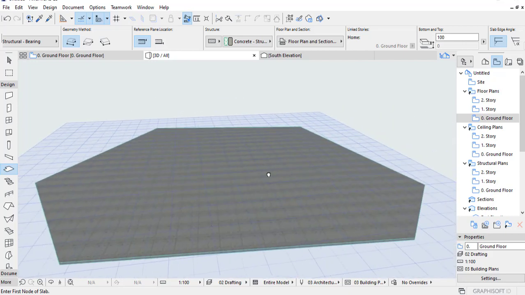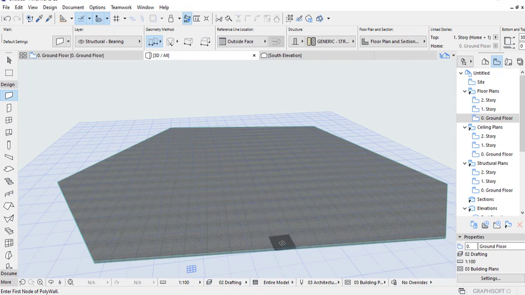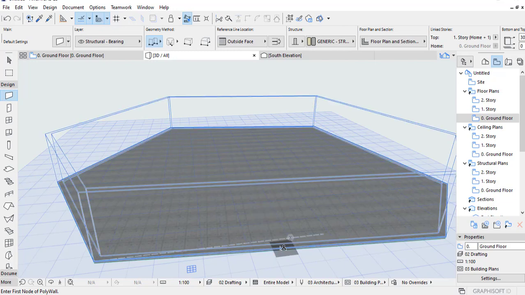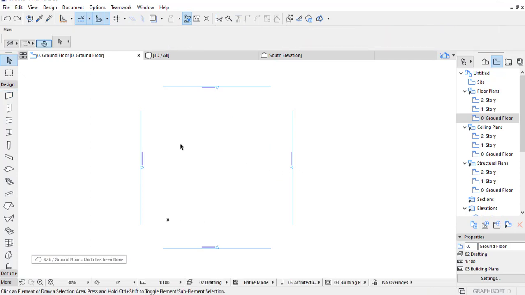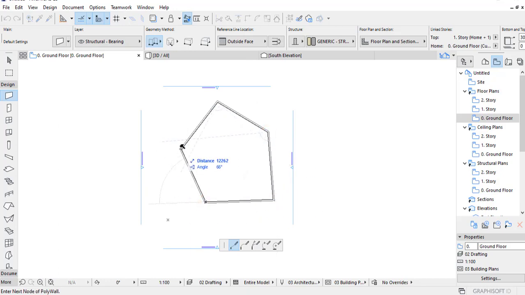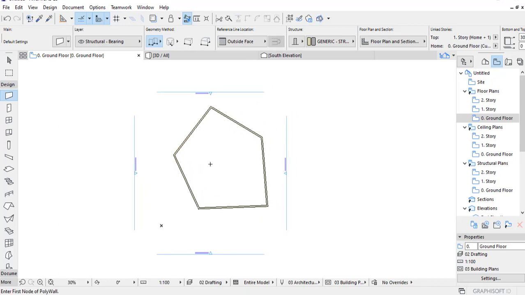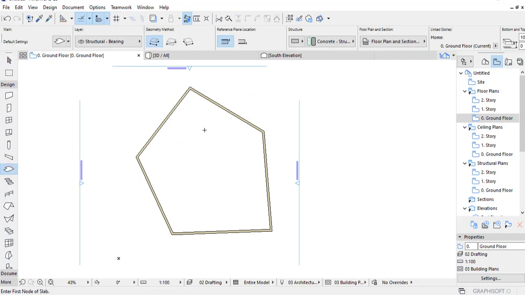Okay, if you want to draw walls quickly based on the slab, you will simply go to walls and use a magic wand on the slab and the walls will be drawn. Now the same thing can happen vice versa. If you have a wall of a particular geometry, you want to draw slab quickly based on its geometry, activate slab, use magic wand on the wall and the slab is drawn.